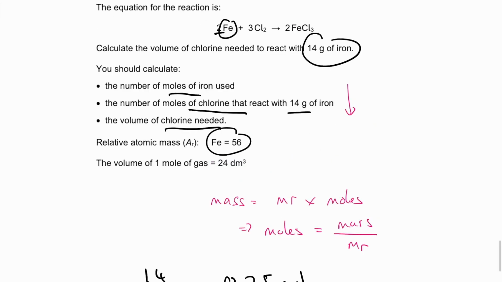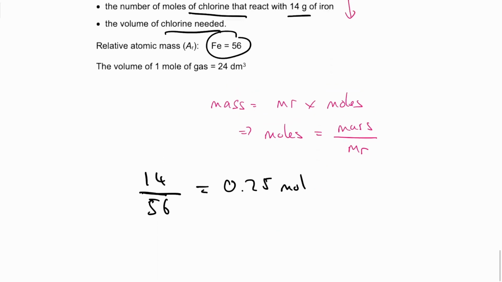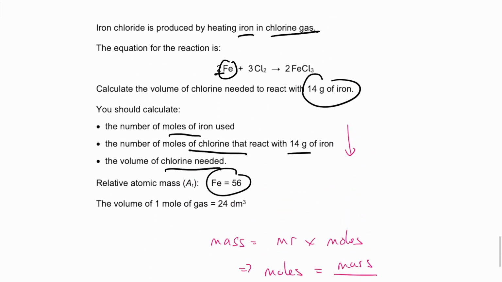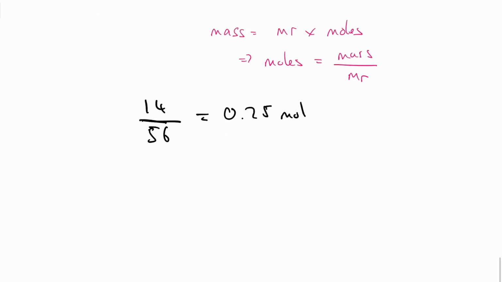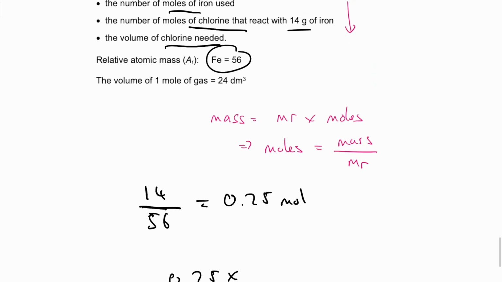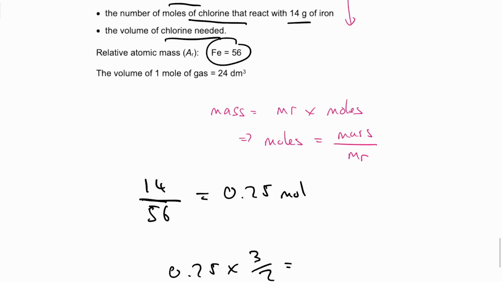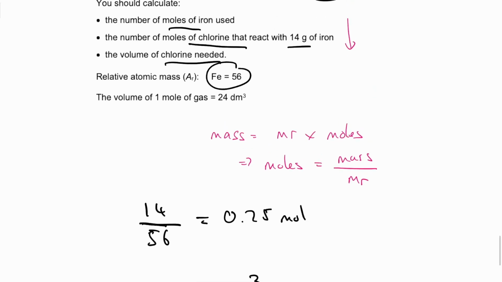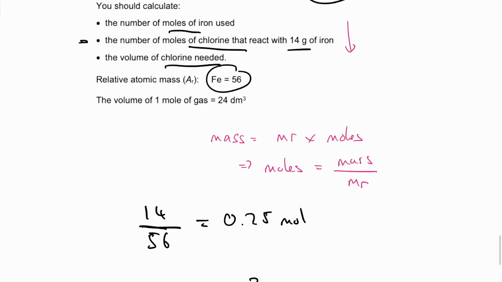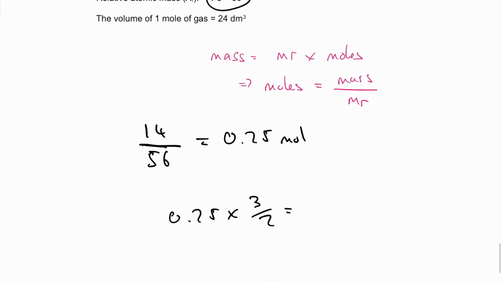Okay. Now we want to work out the number of moles of Cl2, and so remember the ratio of Cl2 to Fe. We can see basically for every 2 Fe's, or every 2 ions, we have 3 Cl2s. So essentially if we have 0.25 moles of iron, that means we do 0.25 multiplied by 3/2 to get how many moles of chlorine we get. Okay, so remember that's the second step that they've given us here. So the number of moles of chlorine is going to be